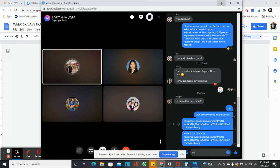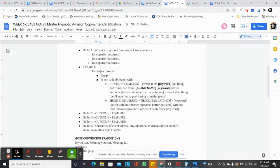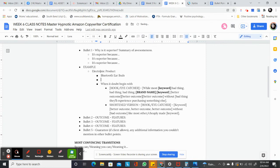Yep, electronic products are the easiest things to create hypnotic anchors for, because people are used to seeing hypnotic anchors for electronic products, right? So let's say, do you have a specific electronic product in mind, or do you want me to just come up with one? Yeah, you can pick any. Okay, let's do Bluetooth earbuds. Okay, so assuming we've done our research, we know that for Bluetooth earbuds, people are looking for...